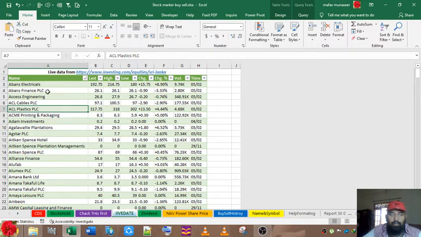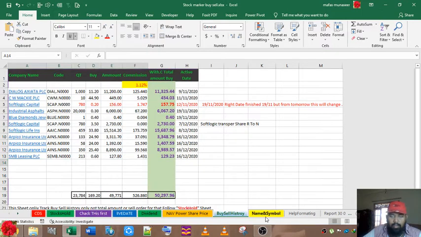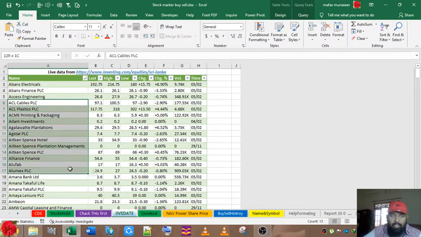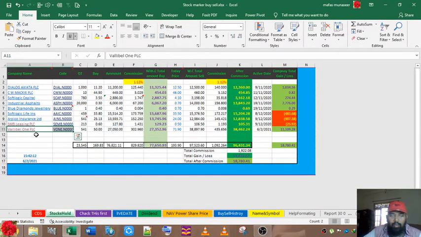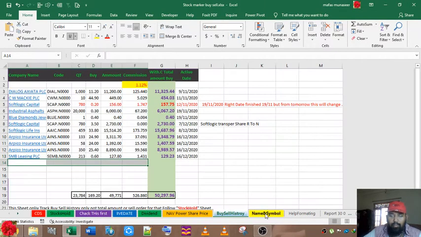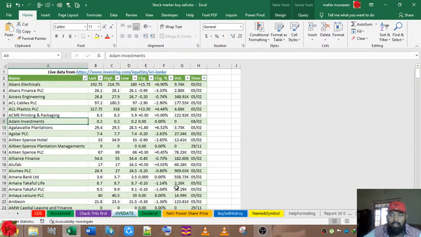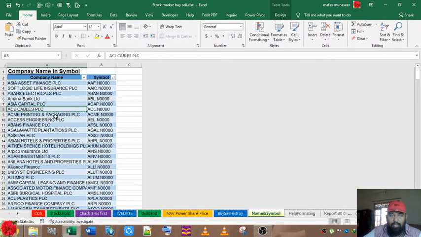Whatever company name you select has to match this name. You are not going to change this name here. Whatever name you put has to match here. For example, if you are going to buy another company, first check the name here and check whether it is the same name, otherwise you have to come here, copy, paste and change it.